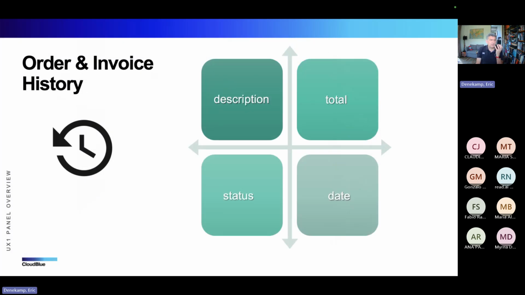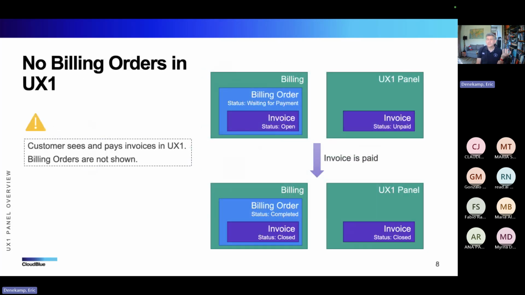So what can we see there? We can see order history, invoice history. We can see descriptions, total, statuses, dates. I hope this is not new for you. This might be new for you: billing generates invoices as a result of the order processing. The invoice for the requiring payment is generated based on a billing order. By default, the UX1 panel displays only invoices without